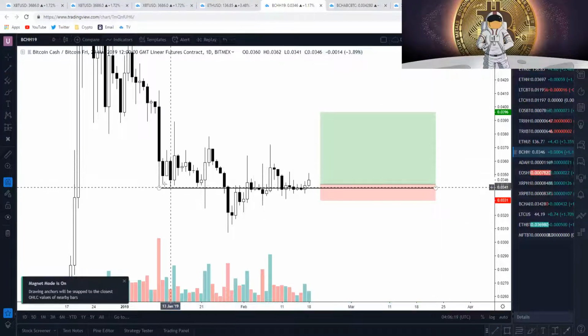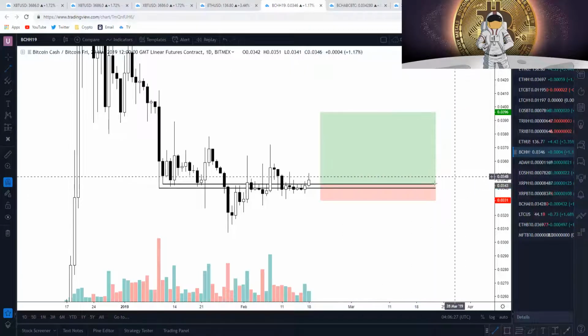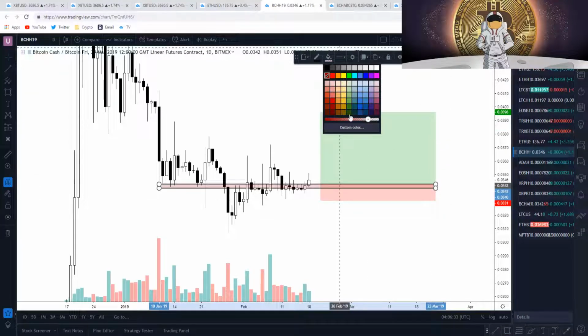We have this swing low here, acting as support and or resistance. We have another swing low here. So this is the buy zone, just based on those two swing lows. And all I did to see that is,